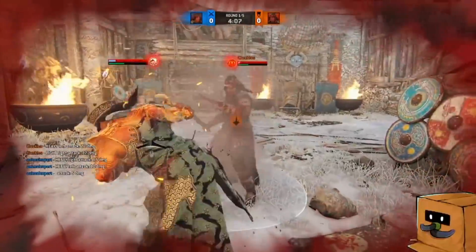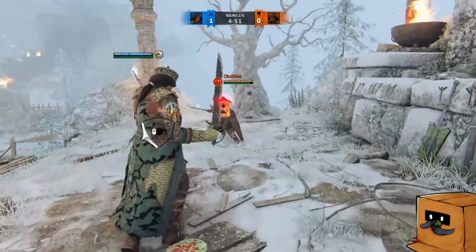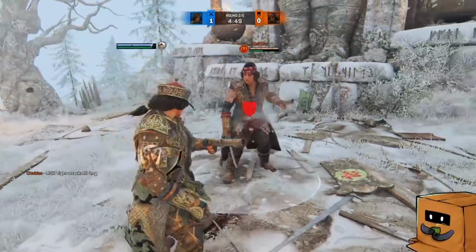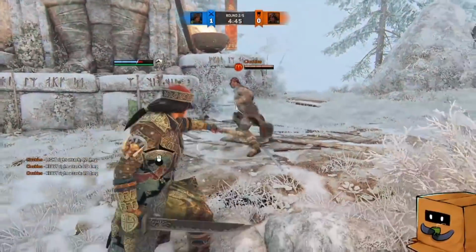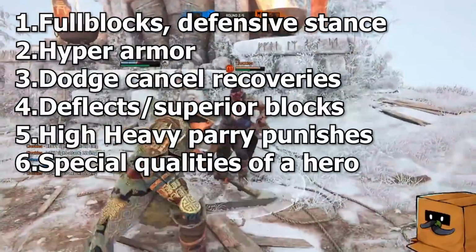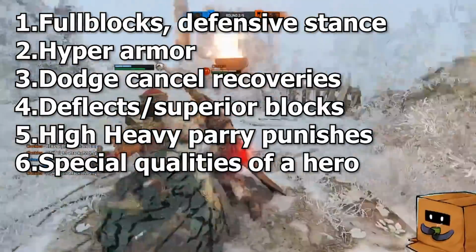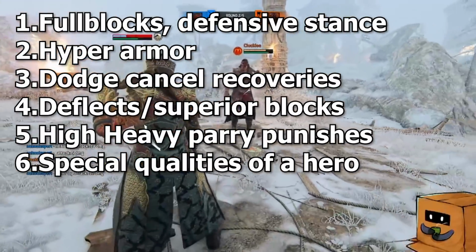Another separate list will include heroes with clutch potential, which can change the momentum of a fight tremendously. Some of these may push a hero up a tier simply due to how powerful it is in situations where it matters the most and can make you feel like you're actually a powerhouse. Full blocks, defensive stances, hyper armor, dodge cancel recoveries, deflects, superior blocks, high heavy parry punishes, or certain special traits